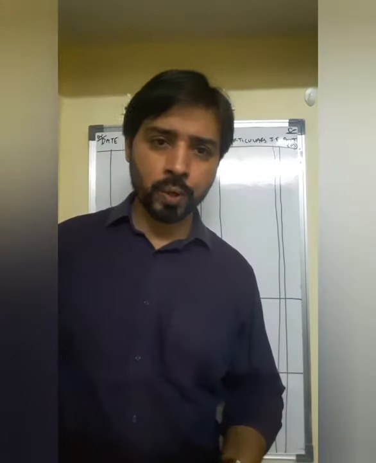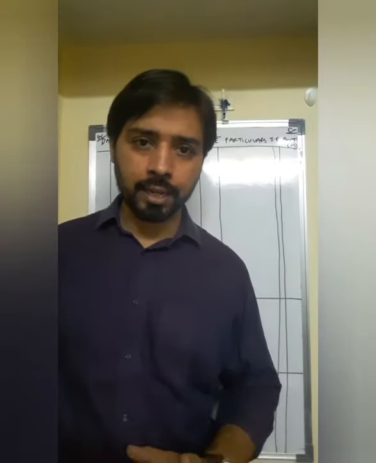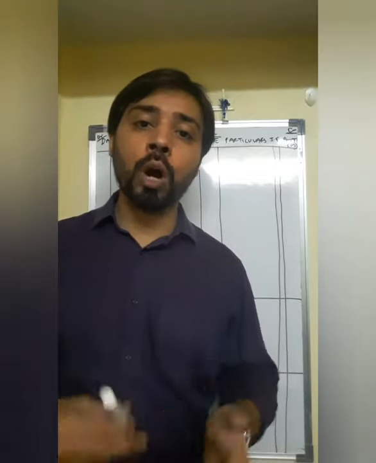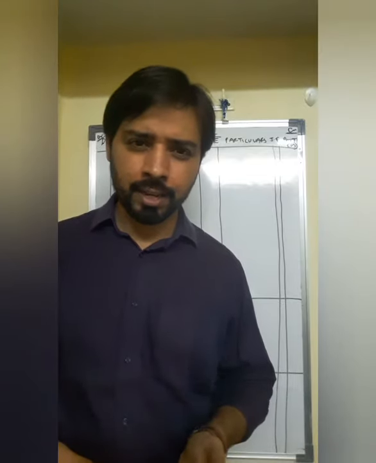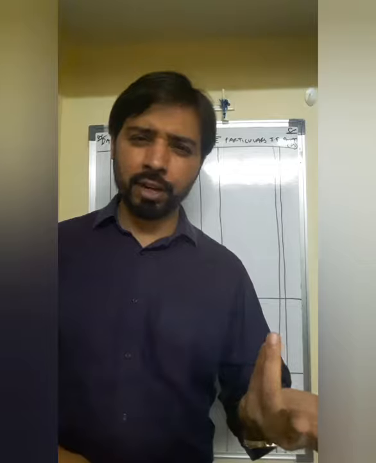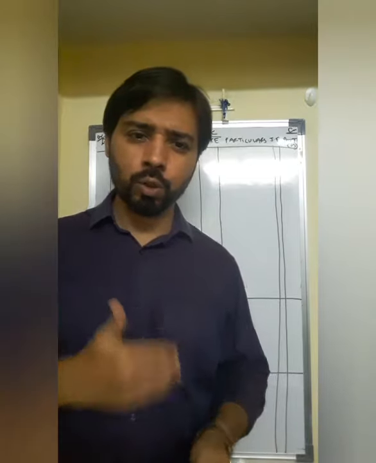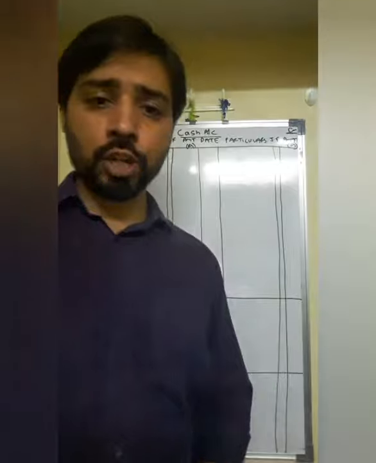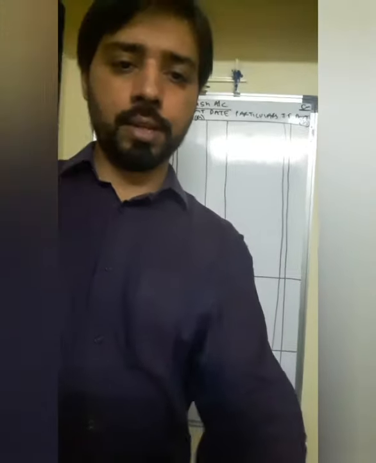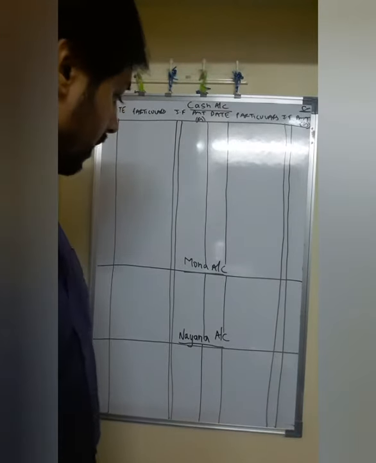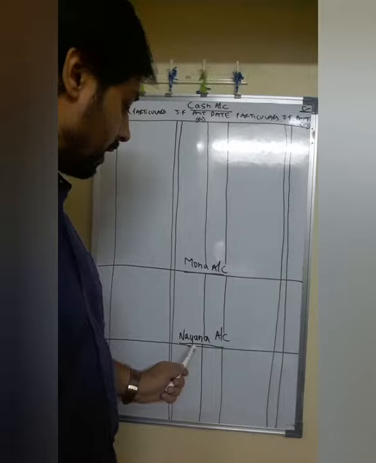तो जिसके ट्रांजैक्शंस थोड़े ज्यादा दिए मैंने वही अकाउंट्स पर्टिकुलर बनाया ताकि from these 2-3 accounts you will come to know how you can do the ledger posting. ठीक है, rather than preparing all the ledger accounts, for the other accounts very few transactions are given. तो ये जो तीन जिसके ज्यादा transactions दिए हुए तो मैंने उसका अकाउंट बना दिया है. So let us prepare the ledger account of all these three accounts, that is cash account, Mona account, Nana account.